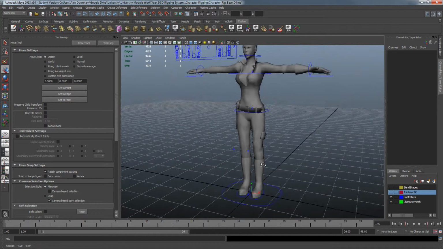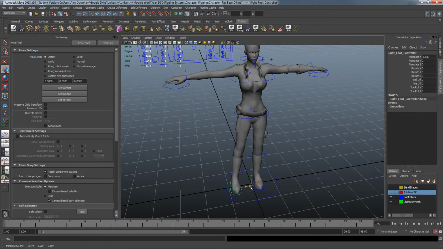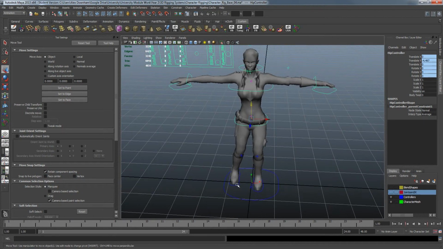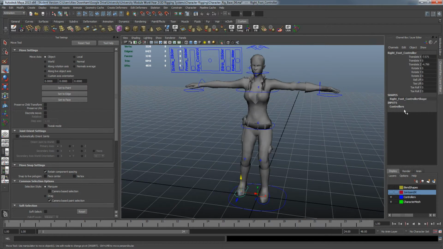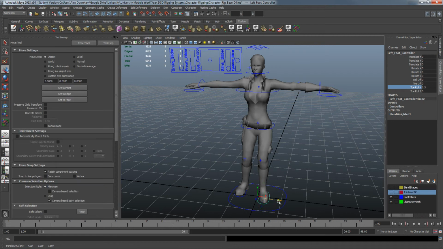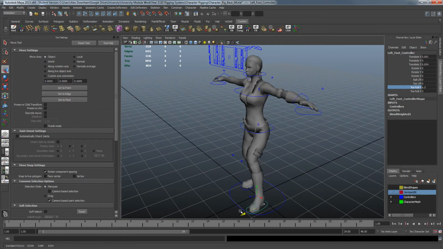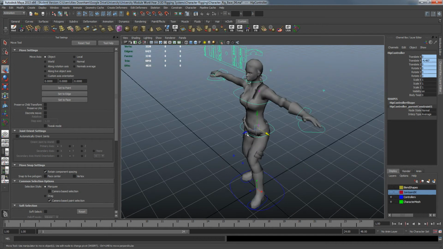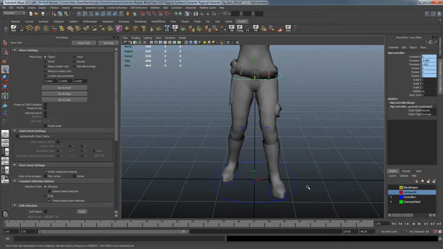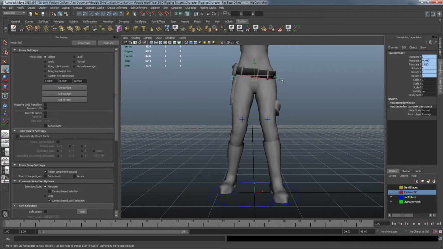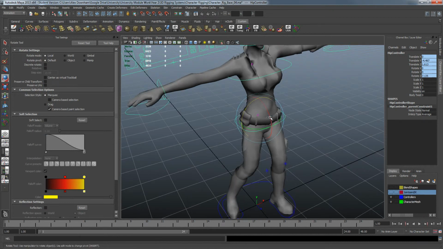For this last bit, I thought I'll just pose our character here and show some of the functions of the rig, so we can get a rough idea. So I'm just going to add a bit of toe roll there. I've added a bit of toe roll on this foot. So on the feet controllers, we have some attributes that you can modify, such as the ball roll and ball lift. So maybe we'll add a bit of ball lift there, and shift the weight of the character,